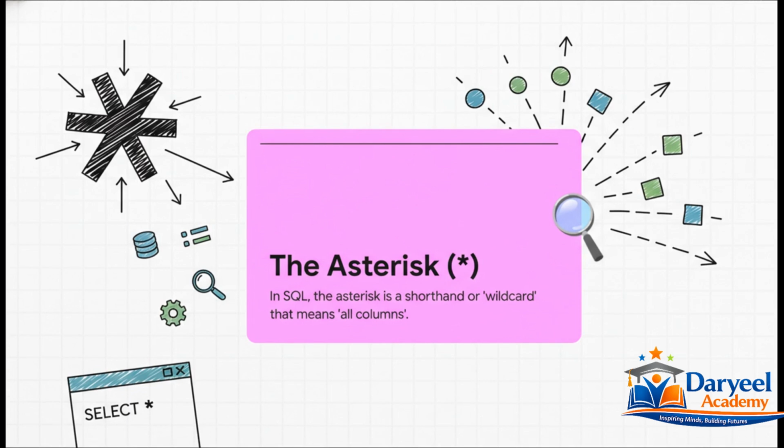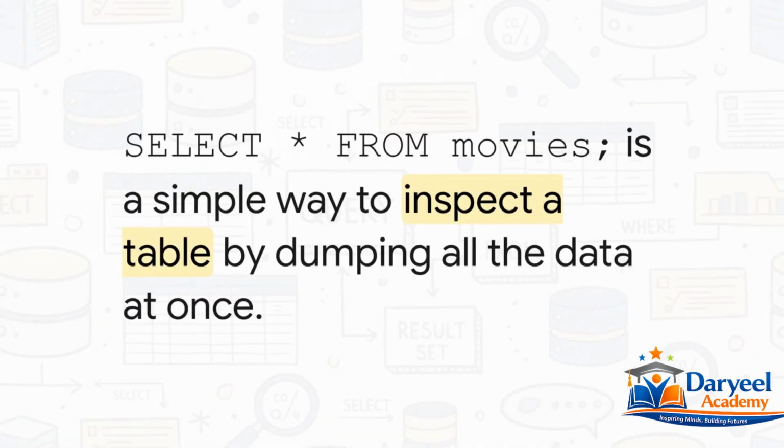Thankfully, no. SQL gives us this fantastic little shortcut, the asterisk. Now, when you use an asterisk in a SELECT statement, you're not asking for a column named asterisk. It's a special character, a wildcard, that just means all of them, or every single column. It's a real lifesaver. This makes our show-me-everything query incredibly simple. SELECT * FROM movies;